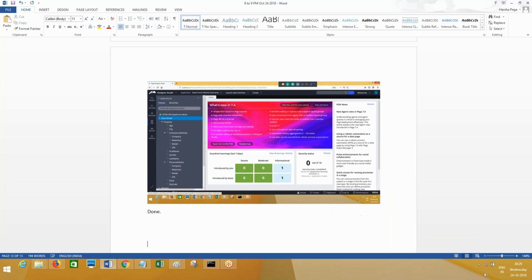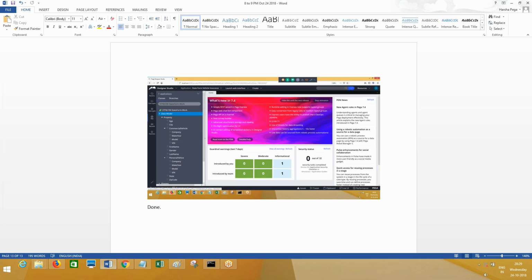Can you tell me what is the purpose of a page property now? If you want to access data class rules, it's not only properties, it can be anything. You need a page which is not there in the inheritance. If it is not there in the inheritance, you can go ahead and use a page reference. Then you can access the rules of that. In this case, it is properties which we are accessing.